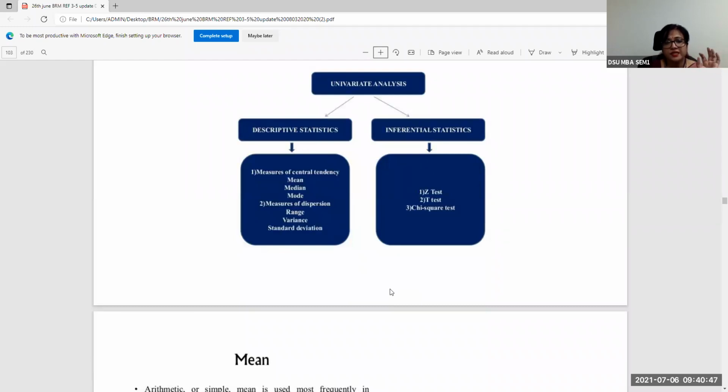So what you see on the screen is, again, univariate analysis, which can have descriptive statistics and which can have inferential statistics, right? So you can go in for understanding whether there is some mean, some median, some mode, measures of central tendency that can be done with it. But please remember, for example, if you're dealing with nominal scale data, like I said, 1 is male and 2 is coded for female, then you can't do a mean, right? Mean, if you find out, is like 1.5. Does it mean anything for gender? No. So that kind of analysis should not be done for that kind of a question, right?